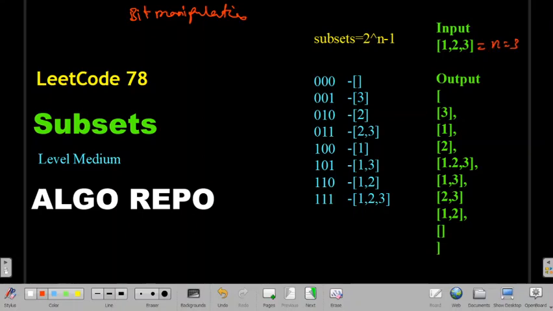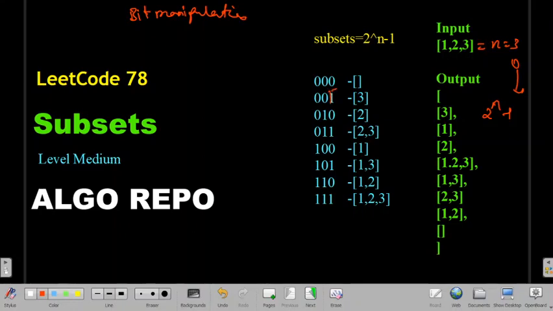When we convert the numbers from 0 to 2 power n minus 1 into binary numbers, we see that in our binary number, if any bit is 1,